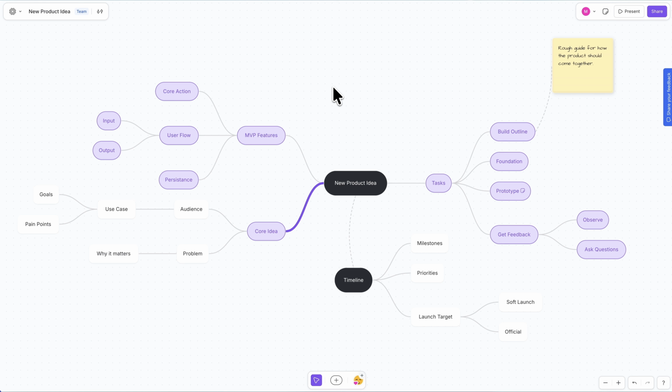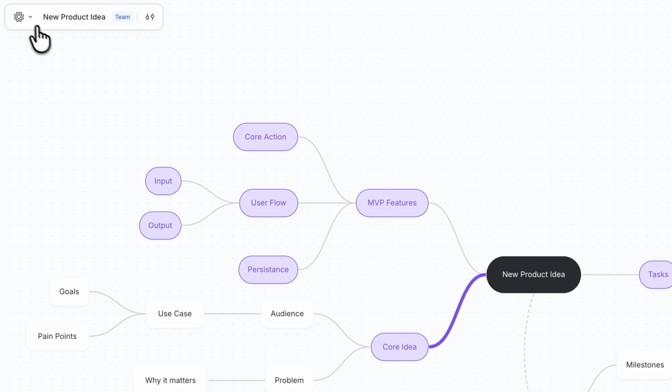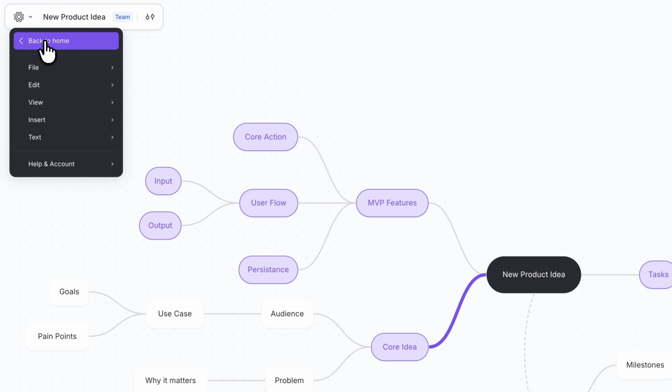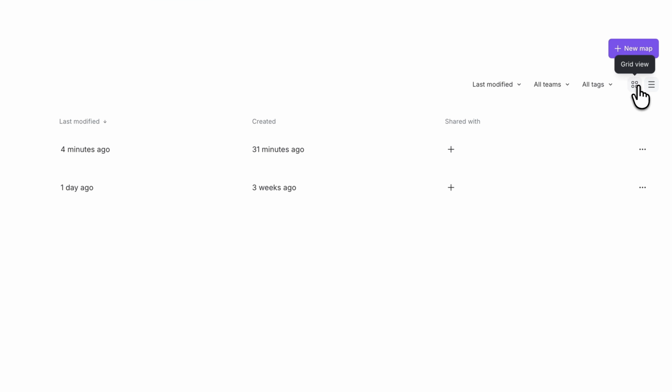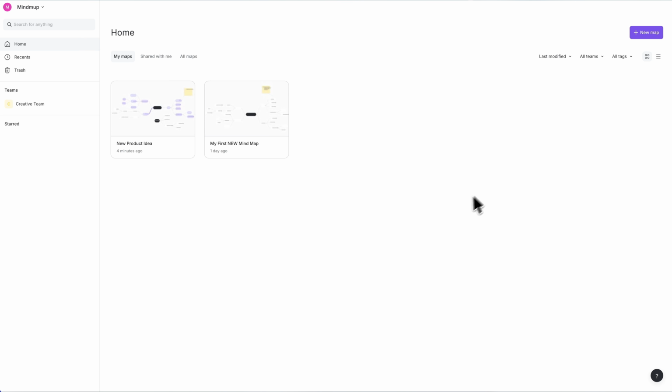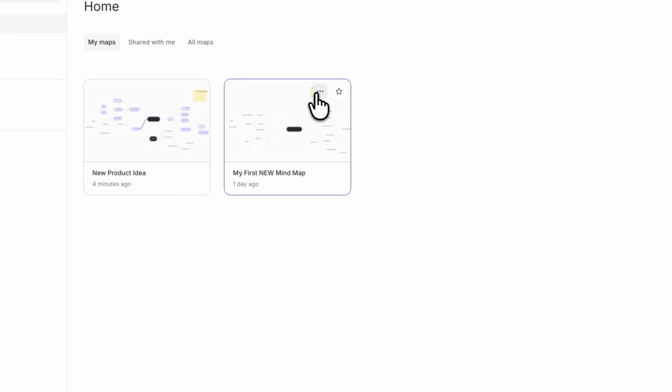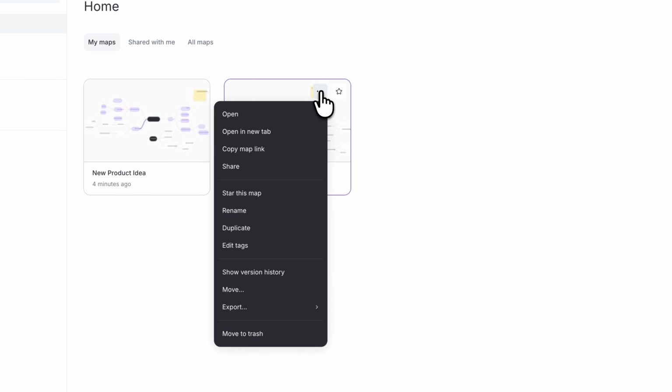Now, before we finish, let's take a quick look at the dashboard. To do that, we're going to go to the top and back to home. Now, this is where all of your maps live. And you can switch between list and grid view over here on the right-hand side, depending on how you prefer to browse your content. Your maps can also be organized using tags, as you can see here. And to actually add a tag, you can mouse over, go to the 3 dots for the actions, and then